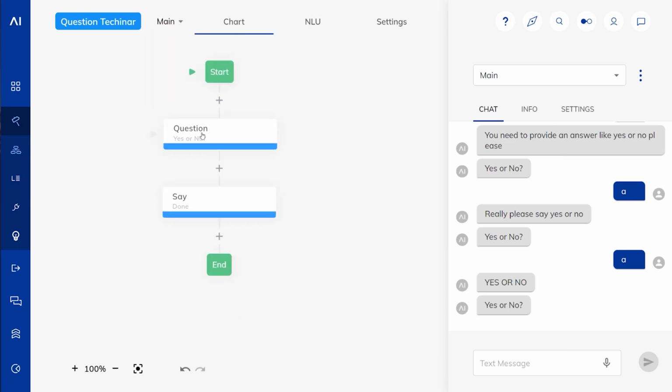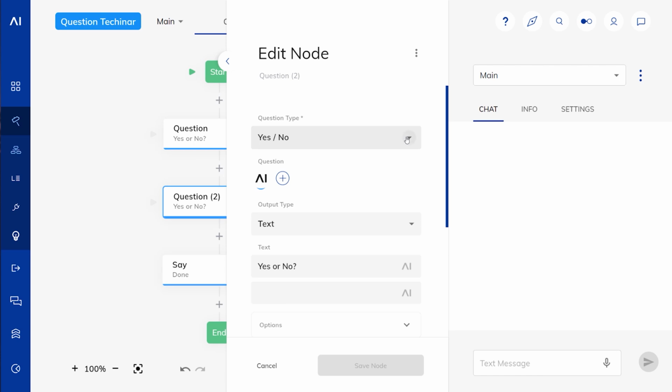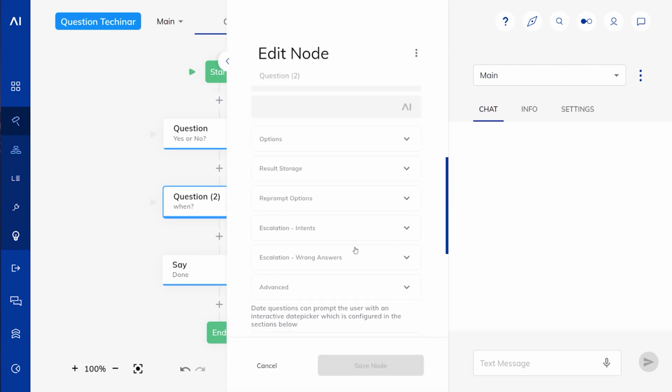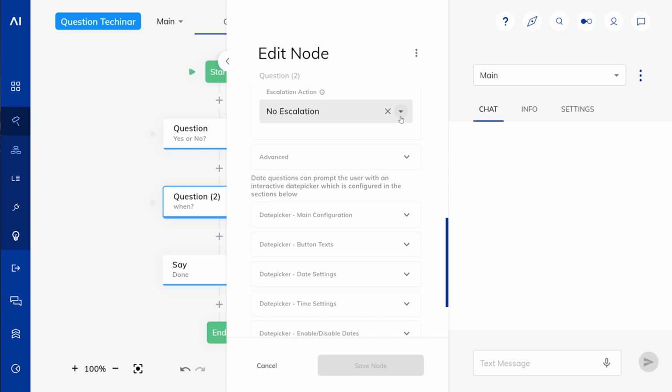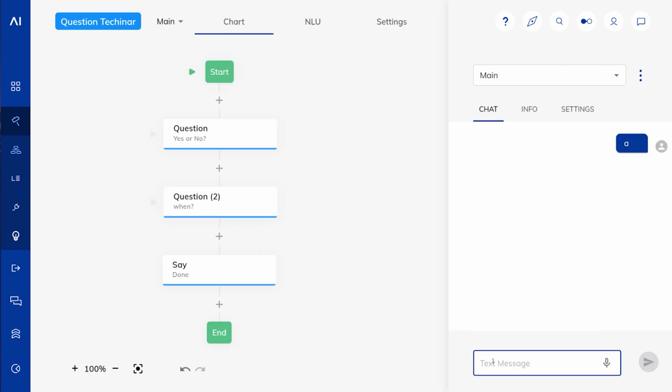Now going back to the main flow, actually let's add a second one. So here we have a question which could be a date question, which is when. And this when question we also tell to go to a flow and return, maybe already on the second input, but that also goes to the escalation handler, just so that you can see how it would work.